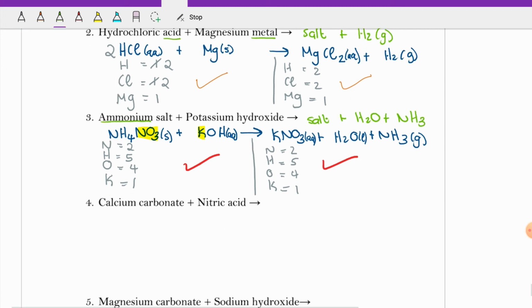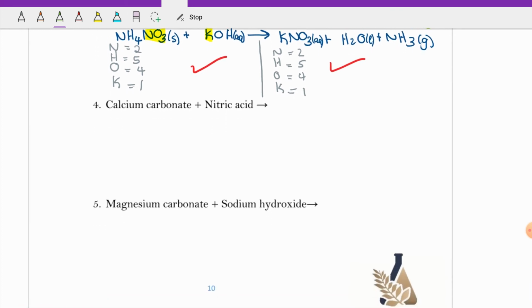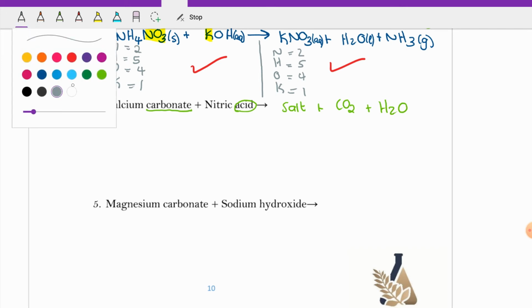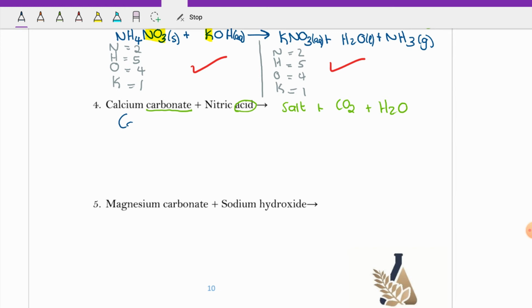Okay, looking at example 4. If you have a carbonate, you react that with an acid, then you have salt formation plus carbon dioxide plus water. So if we go and write out my reaction equation, you have calcium carbonate. Remember, calcium is in group 2. Carbonate is a polyatomic ion, always looks like that. So when you combine them, those two charges or valencies cancel in your formula,